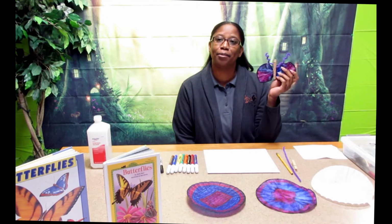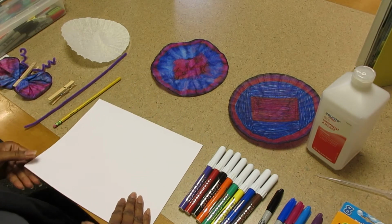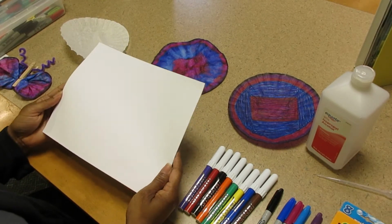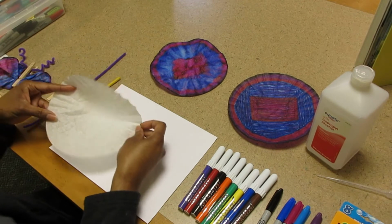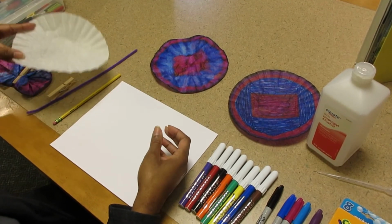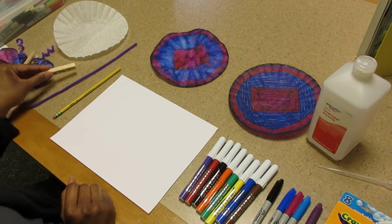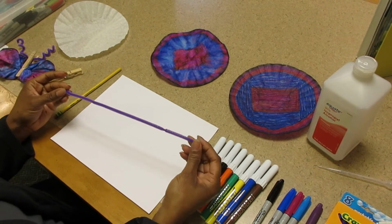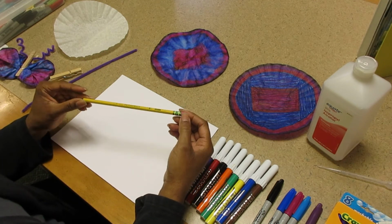Hello, today we're doing a 1st to 3rd grade craft, and it is a tie-dye butterfly. For this craft, you're going to need some scratch paper, a coffee filter, a clothespin, a pipe cleaner, a pencil,